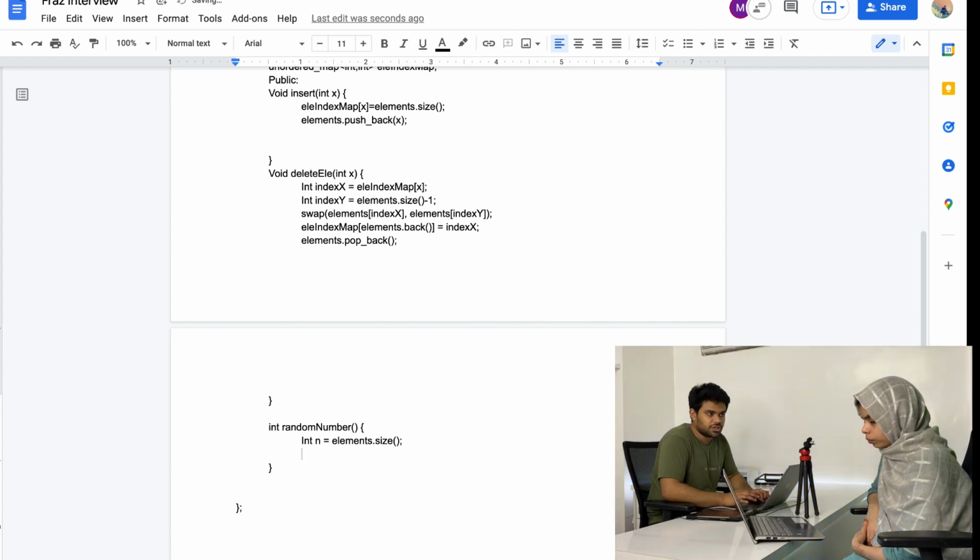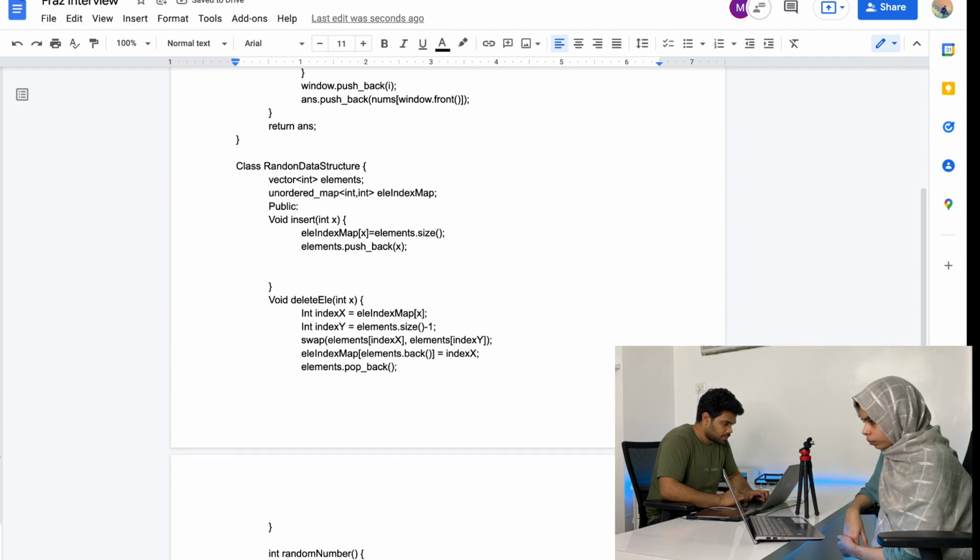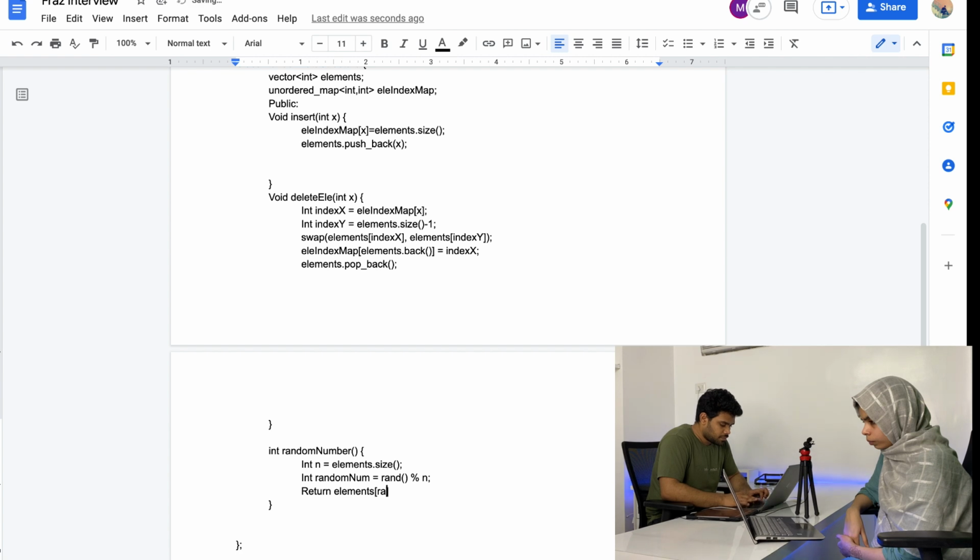Now we have this n and we can generate a random number between 0 and n minus 1. So int random number is equal to random modulo n. So this will generate a random number between 0 to n minus 1. And we can return elements of this random number.